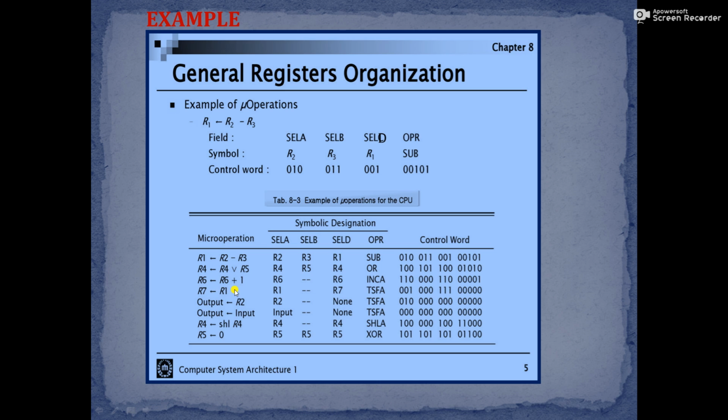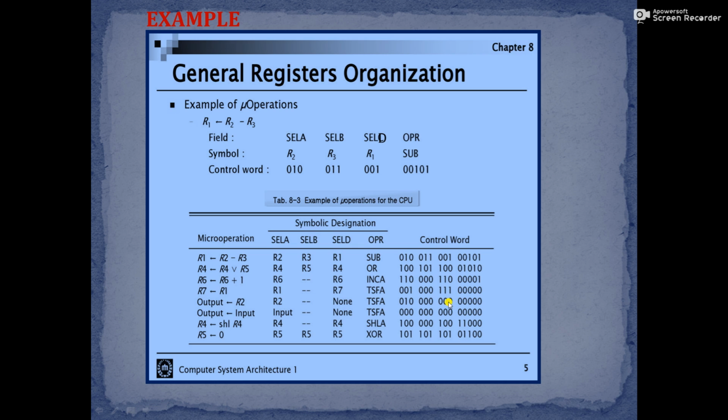Here we need only one input, so there is no need to specify selection B, and in that case the control word field is set to 0, 0. For some other instructions, for example when R2 is transferred to output, there is no need to select the destination register. So selection B is also 0, 0, and selection D is also 0, 0.